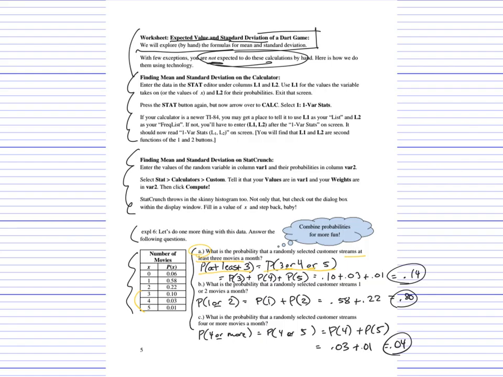And then I say to myself, well, wait a minute. If a person streams 3 movies, they cannot stream 4, right? If they stream 4, they cannot stream 5. So these, streaming 3 movies, streaming 4 movies, or streaming 5 movies, are mutually exclusive, aren't they? And so the probability that 3 or 4 or 5 happens is equal to the probability that 3 happens plus the probability that 4 happens plus the probability that 5 happens. All those probabilities are directly in the table. And so I simply take them, add them up, and I get 0.14 or